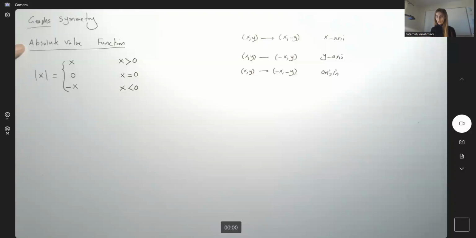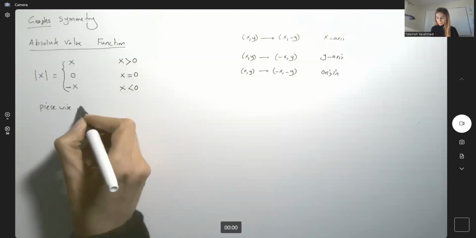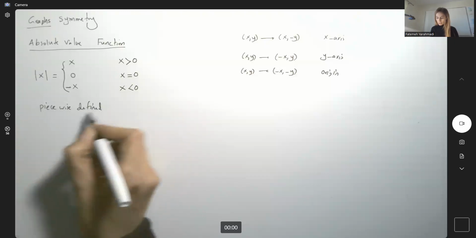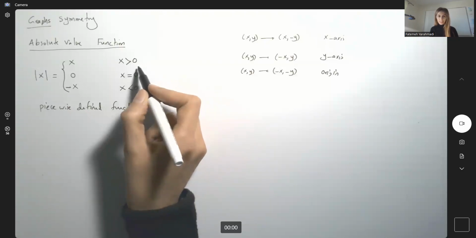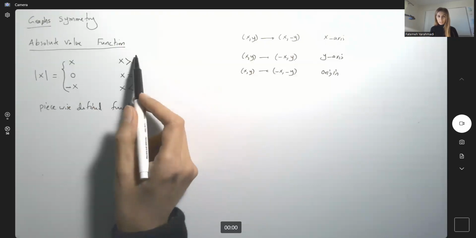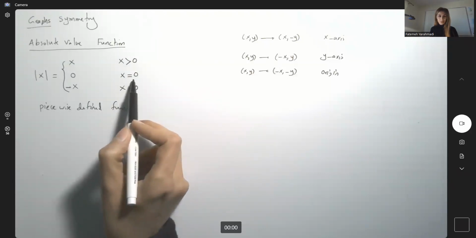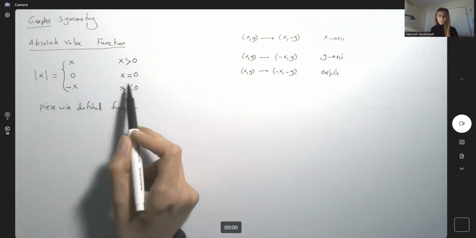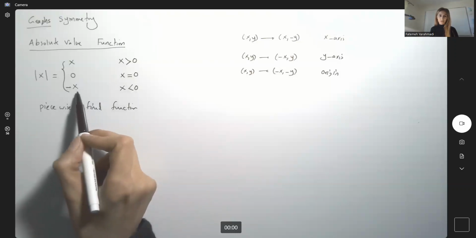One more time, the absolute value function. Absolute value of x is defined as a piecewise defined function. On each piece, it has a different definition. If x is positive, my y is x. If x is 0, my y is 0. And if x is a negative value, you have to have a negative sign in front of your x,